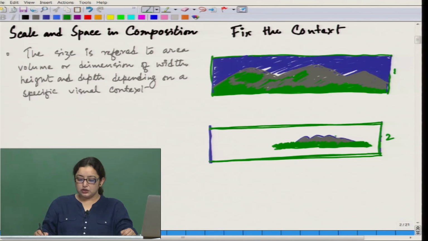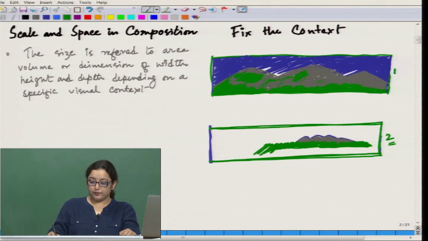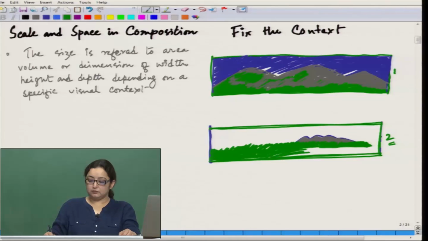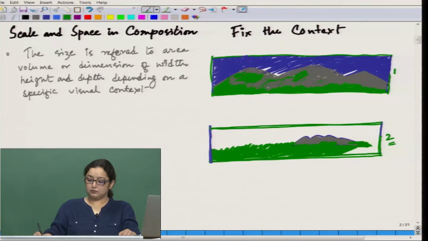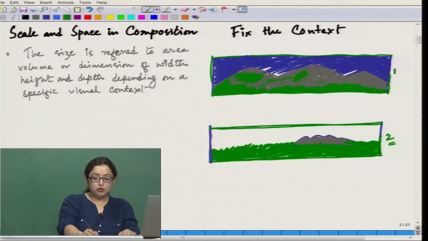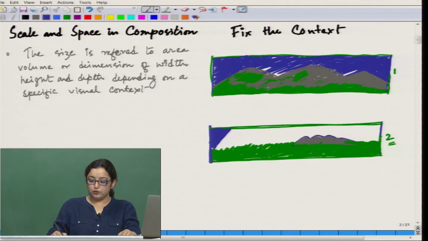So, in the context of the second picture, if the mountain is this big and we extend the forest to the rest of the picture, and also make the sky dark blue as it was in the earlier picture,